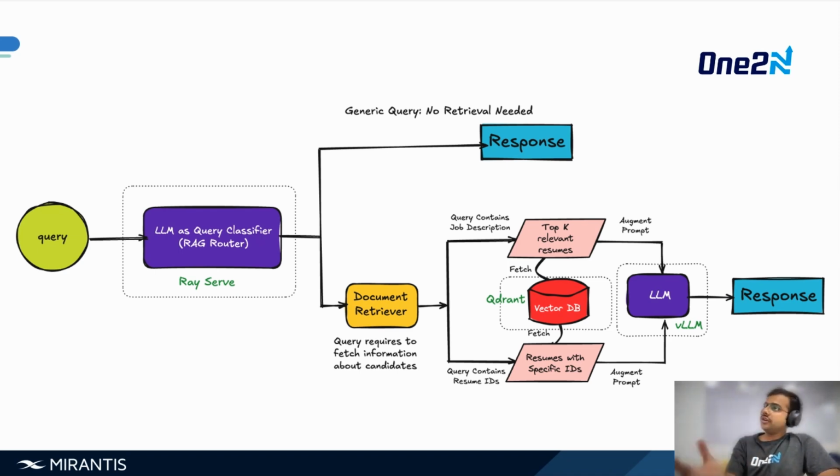Our vector DB was Qdrant, and then we had workers, which were hosted by Ray, which ran the embedding model to convert the input from the user, or the PDFs from the applicants, into embeddings. And this is where we were able to figure out that this is how we are going to serve our models, this is how we are going to run inference on our models, and this is where our vector storage will be.